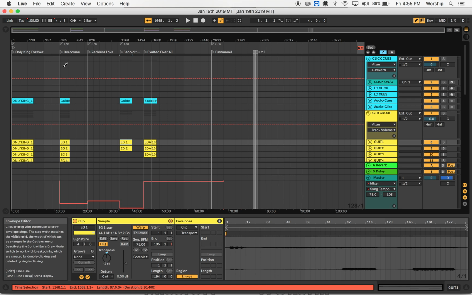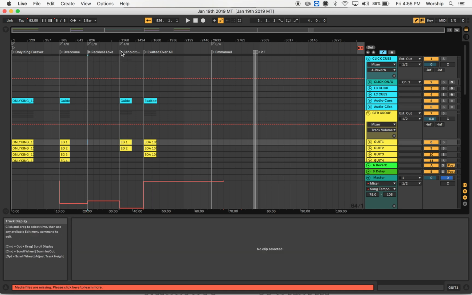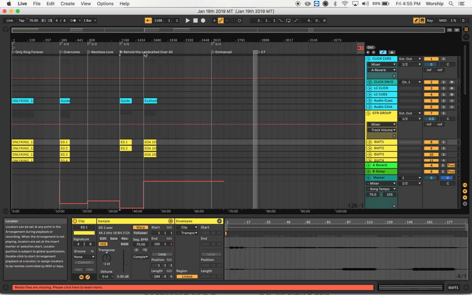Adam has put the set in here, and the way that it's set up is you've got your songs going in this direction: Only King Forever, Overcome, Reckless Love, Behold the Lamb, and then Exalted Over All are the 5 songs that we have in there.